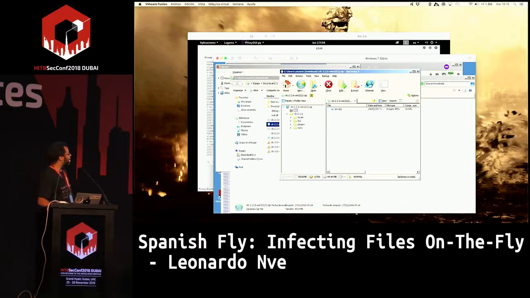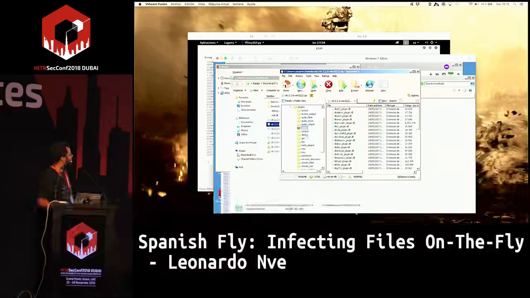If I look for a text file, I don't know where there is any. Skins, fonts. Oh, come on, I need txt.